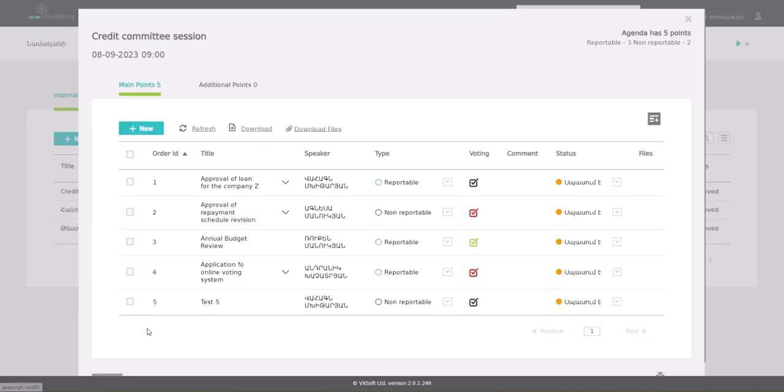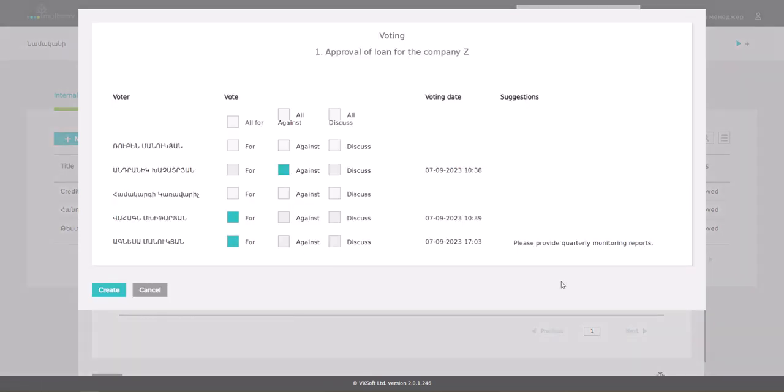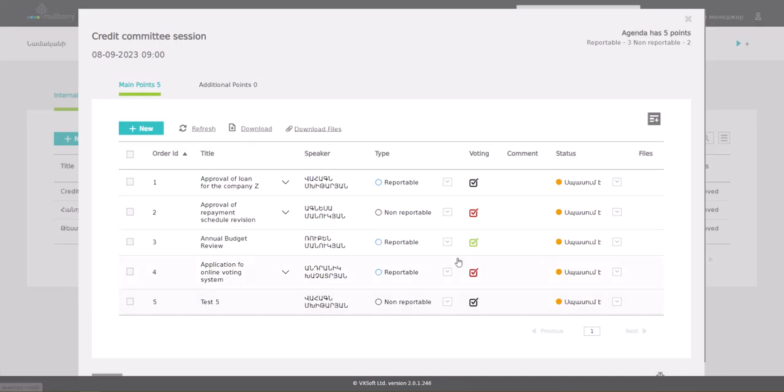He will see all the votings, and he will see, for example, that Agnesa has provided some comment on this, what time she has voted, and so on. And for the meetings we can also propose that